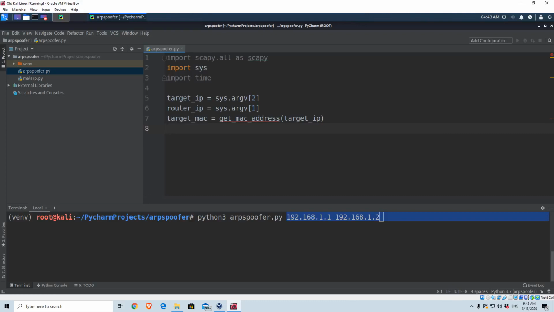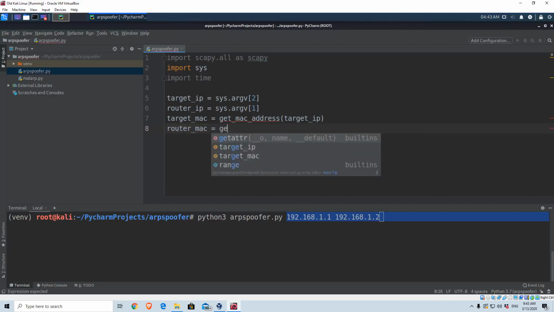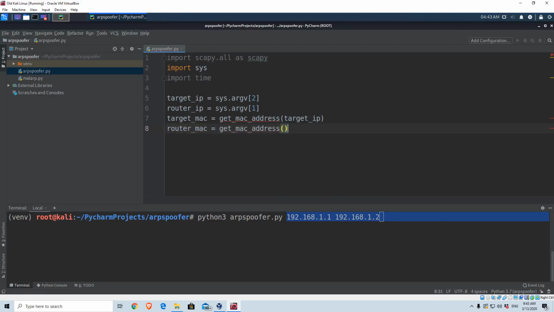And don't worry about it, we already kind of coded this function in the previous video. Once we saw the process of getting the MAC address of our Windows 10 machine, all we need to do is the exact same thing, just now with both the Windows 10 machine and the router. So let's type it right here: router MAC equals get MAC address from the router's